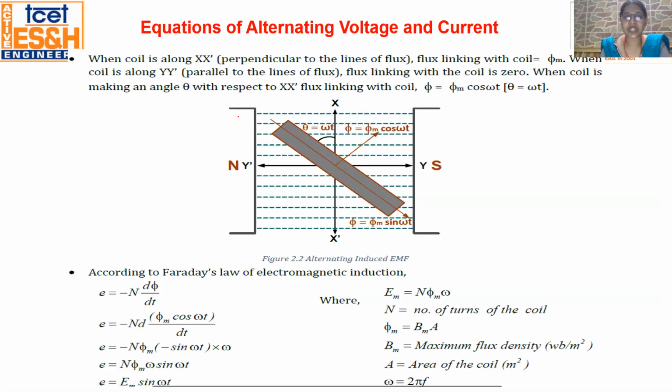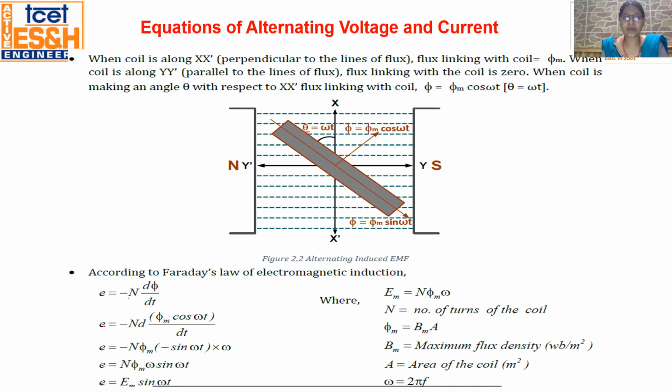Now, as per the derivation for this particular arrangement, here two magnets are there, and this is the coil which represents the rotation. See, this is the angle theta from the x-axis, and this is the flux which changes as the coil rotates. Now see, as per Faraday's law of electromagnetic induction, the magnitude of voltage is E equals N d phi by dt. N is the number of coil turns.